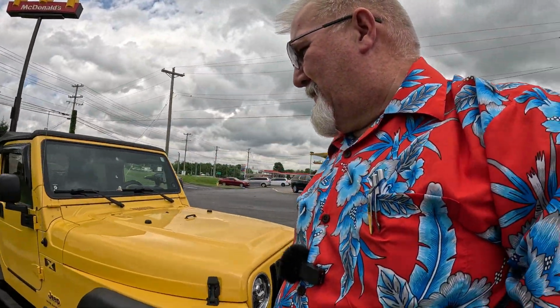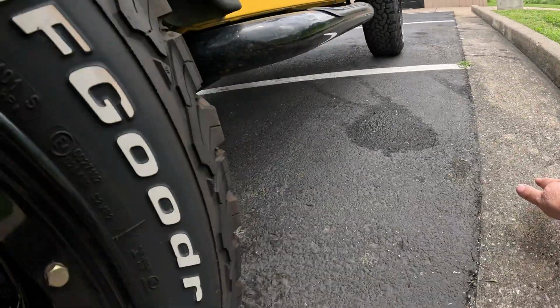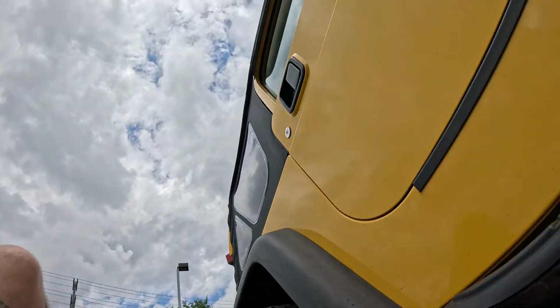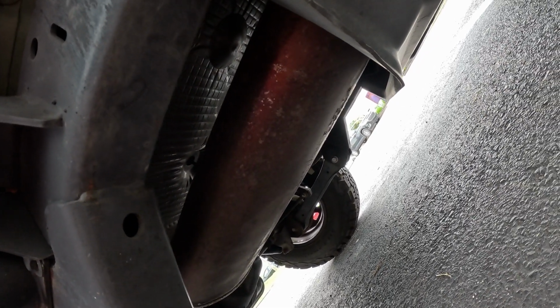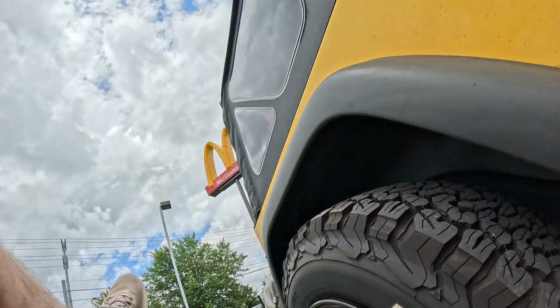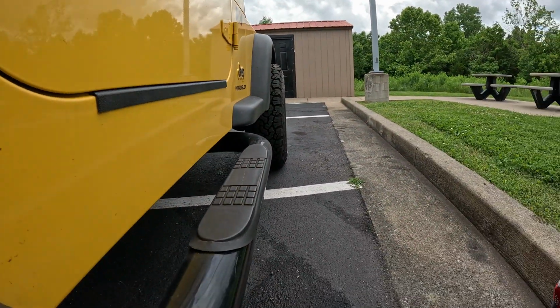But yeah, I wouldn't mind putting a little bit quieter, or say newer muffler on it. Just because this one has 83,000 miles on it. It's 20 years old. Let's just see what we got here. It ain't very bad for rust at all on the old muffler, the thing that would rust out if it was stored in a vacuum. But so far it's looking pretty good. Everything looks good. The bearings on the trailer are just warm at best. Basically